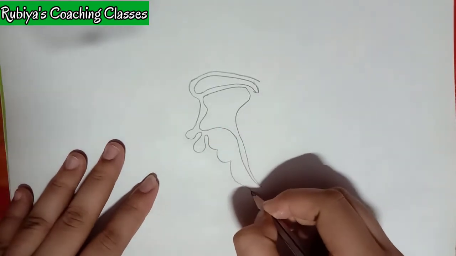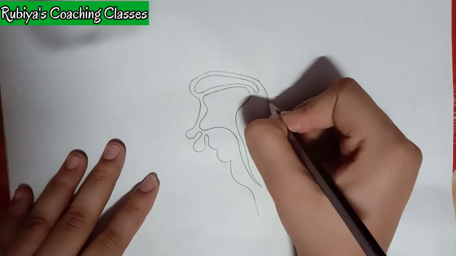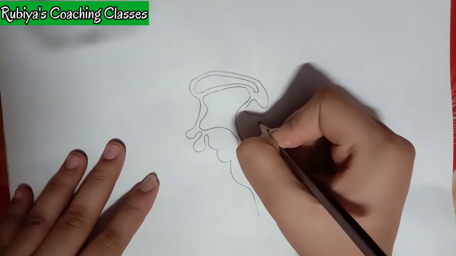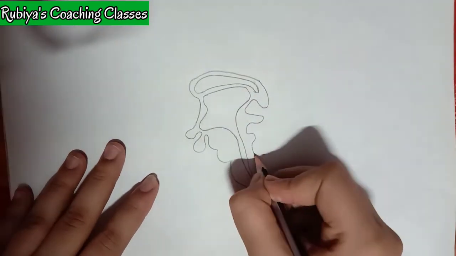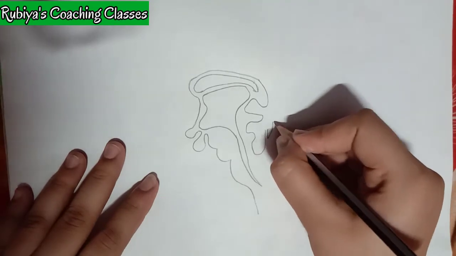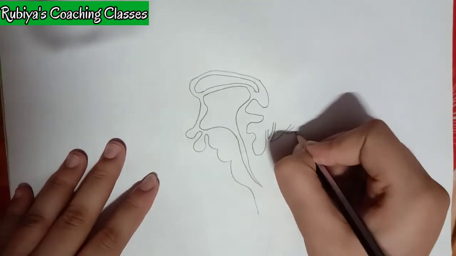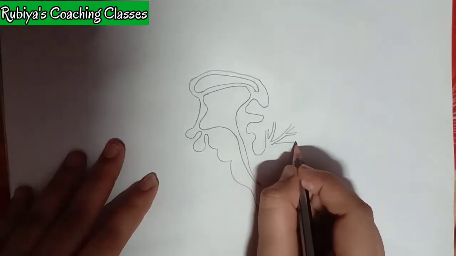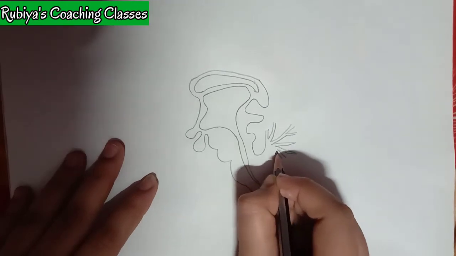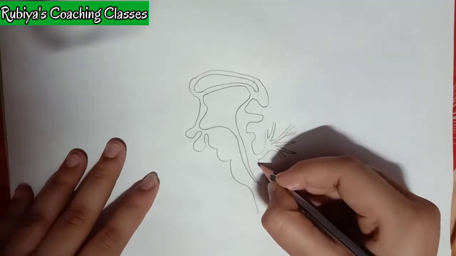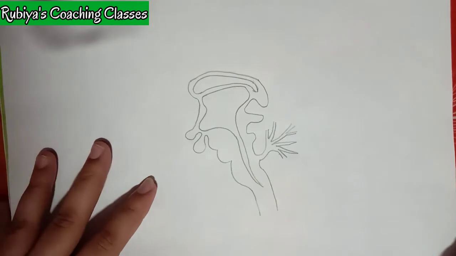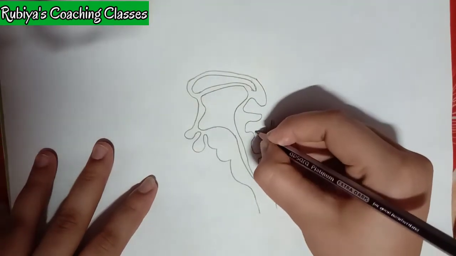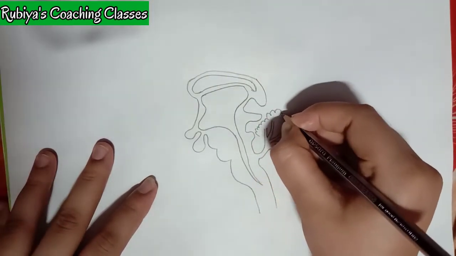And now draw 3 bumpy structures and extend it. Similarly, on the other side, follow the outline and draw 3 bumpy structures and then a tree-shaped structure. This tree-shaped structure is called the cerebellum, and its function is to maintain body posture and balance. So now when I extend it, draw a tree-shaped structure like this.